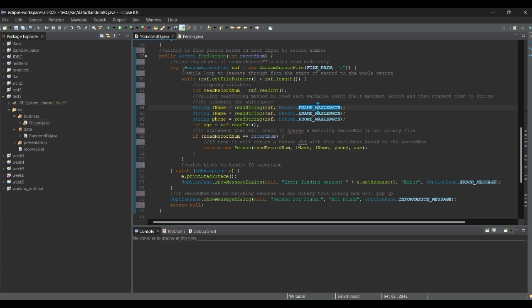So first, we're creating a try block to handle exceptions. Inside our try block, we created an object of RandomAccessFile called graph with the file path. Here we assigned a variable called filePath that contains the file path of our file, and then we are giving it the mode "r", so read only, because we don't need to write anything for the find person